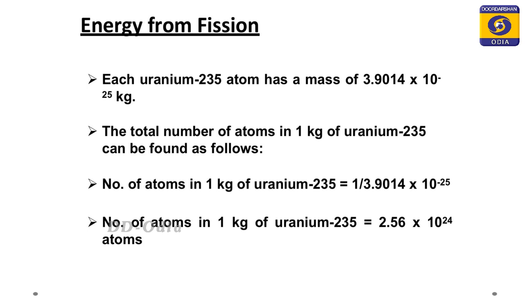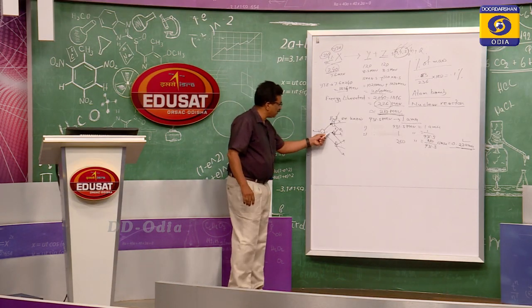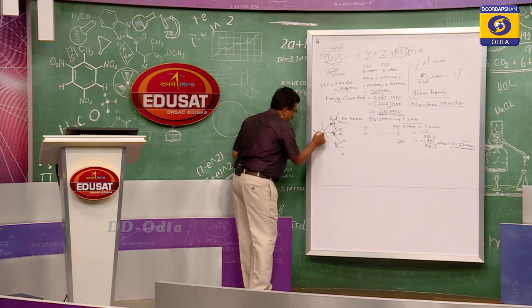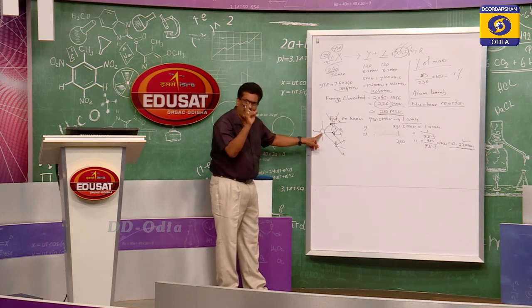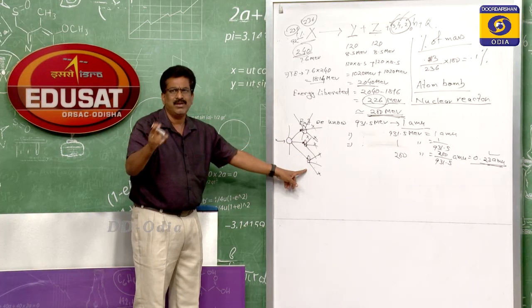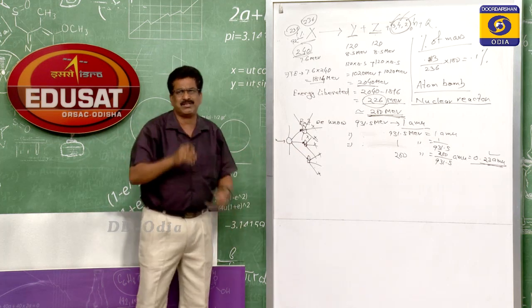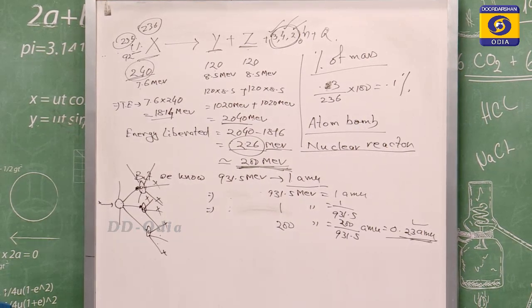Then what energy will be liberated? The total energy is the energy per fission times the number of atoms, as we have discussed here. Per fission means that this uranium breaks, and when this neutron comes with another neutron, that uranium breaks. So this is the first fission, then the next fission, and the next, and it will continue. So per fission what amount of energy, multiplied by the total number of atoms present. So total energy is energy per fission into number of atoms.